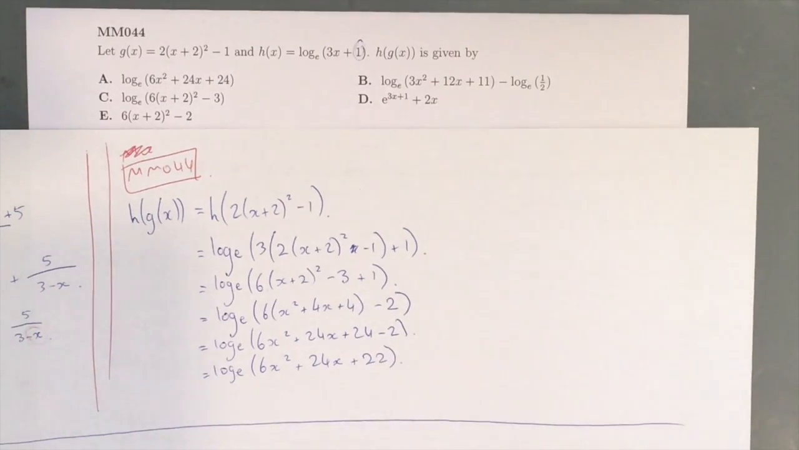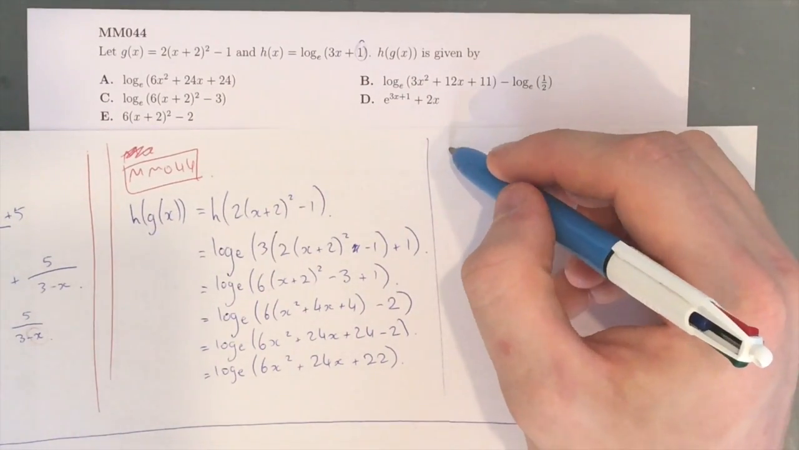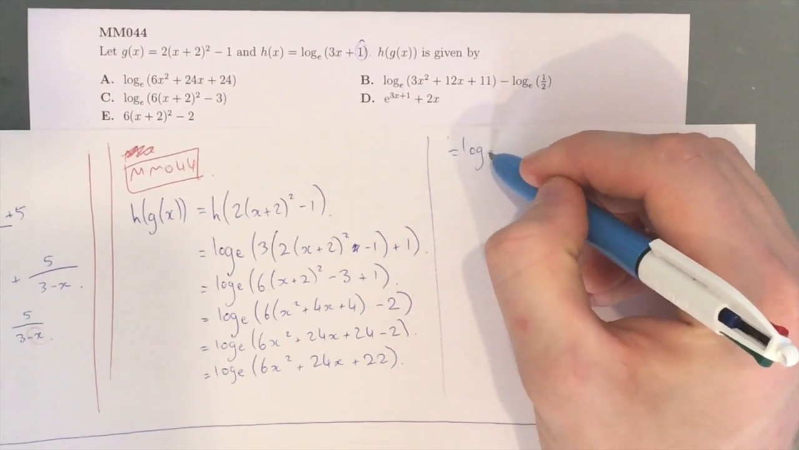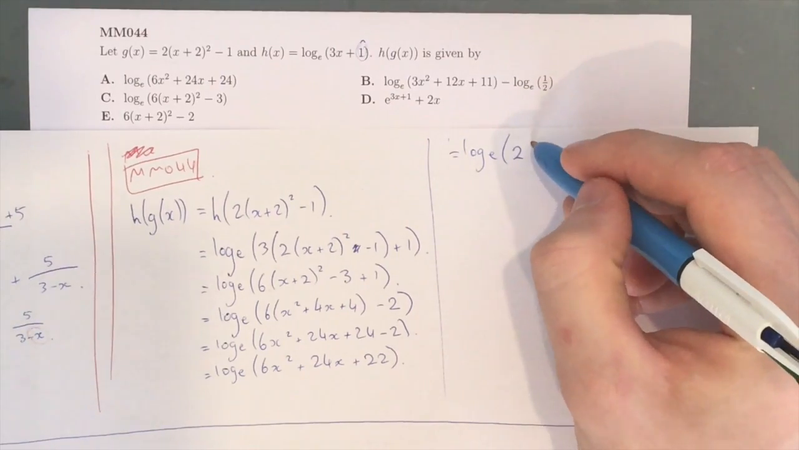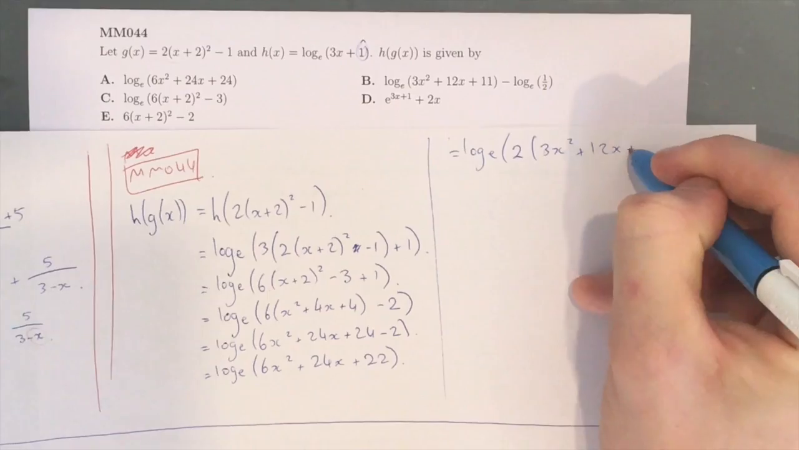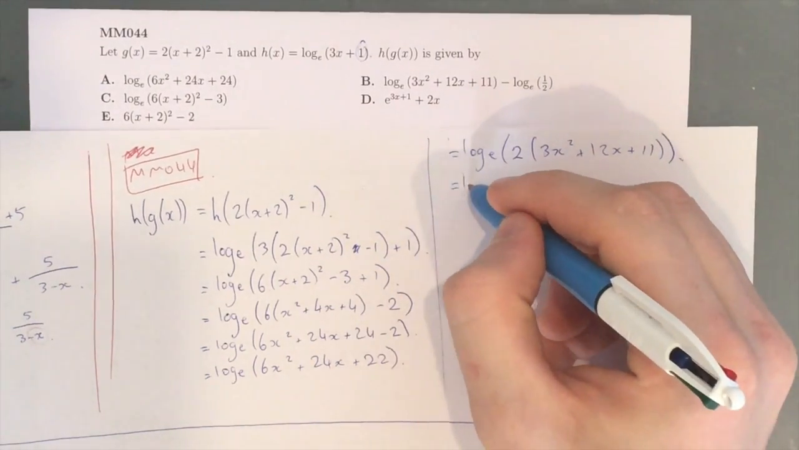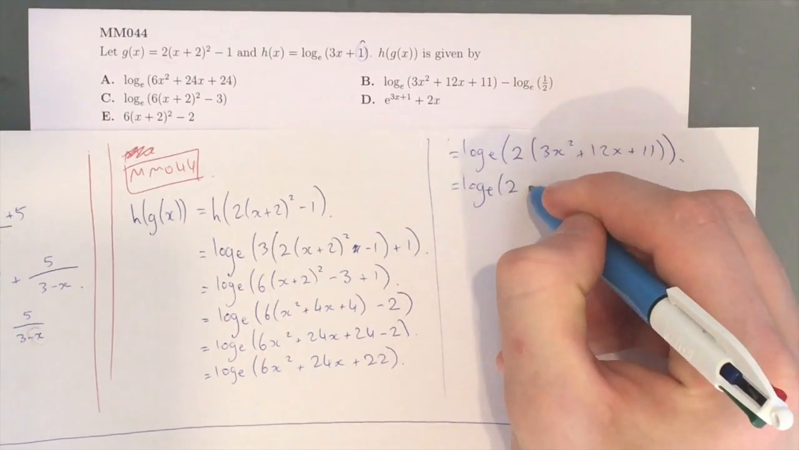Now there's a common factor of 2 in this quadratic. So what we're going to do is we're going to take out that 2. 3x squared plus 12x plus 11. And what this is essentially saying is log e of 2 times,